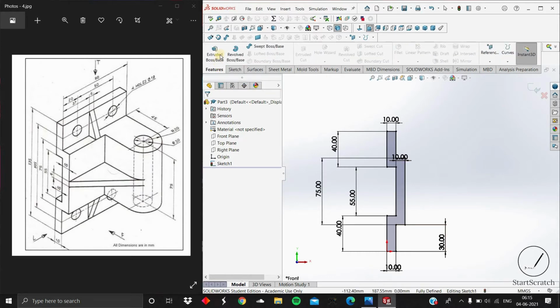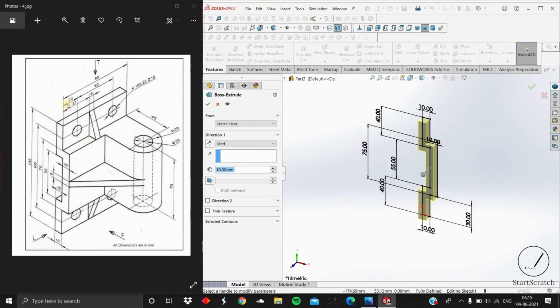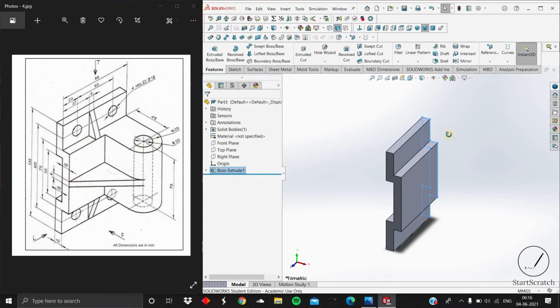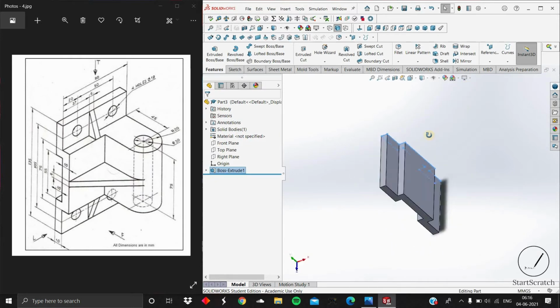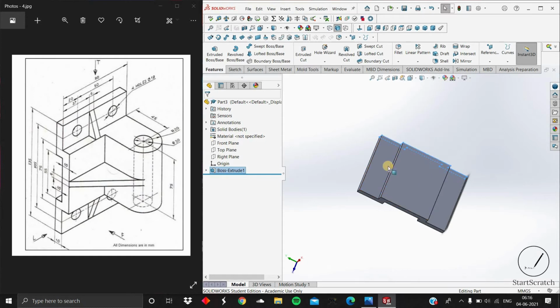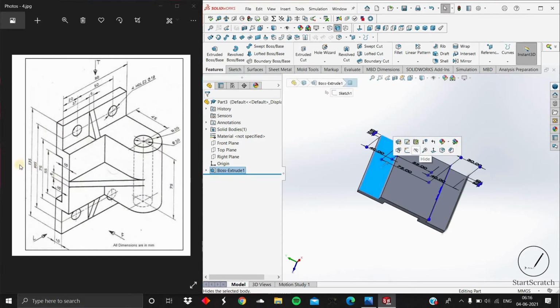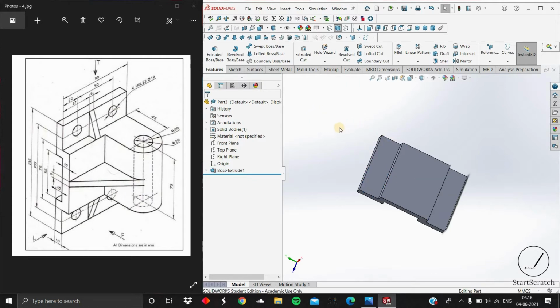So now go to features, extruded boss base. It is given of length 90 mm. Click OK. As you can see over here. So now you can either click on this surface and start sketching the circles, these 4 circles, or the second option